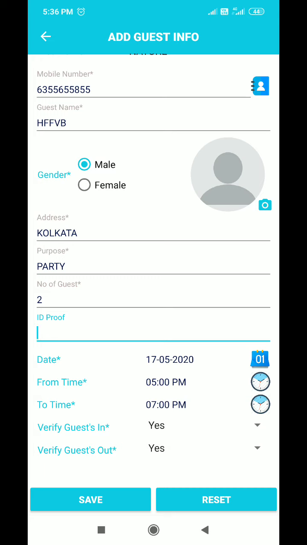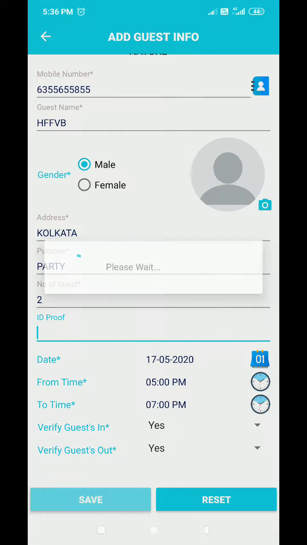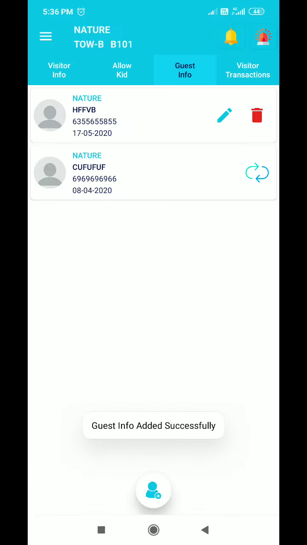Once the notification is received and acknowledged by you, only then can security allow them inside. It's up to your choice. You can choose yes or no for coming inside your premises or going out. So this is done. I'm going to click on save and the guest list is created.